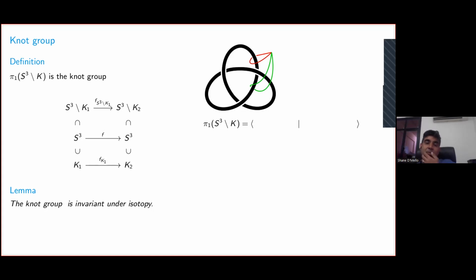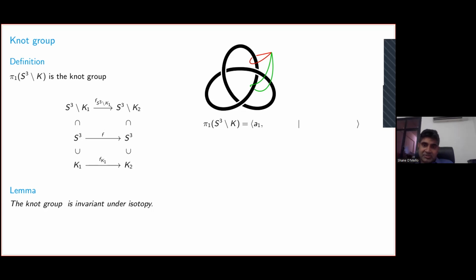So what we would like to do is represent knots by diagrams. The question is, given a diagram, can we extract information about the fundamental group of the complement of the knot? And the answer is yes. There's a rather simple way of doing it. The proof is a bit tedious, but the idea behind it is extremely simple, and I'll illustrate the idea.